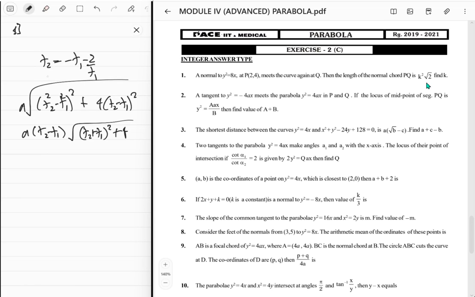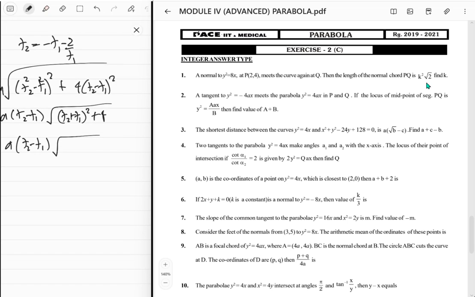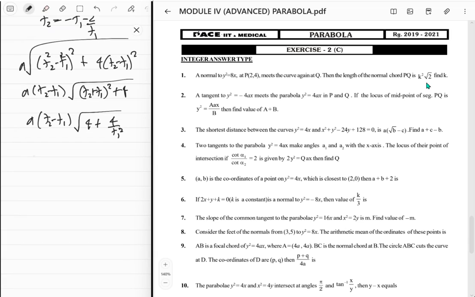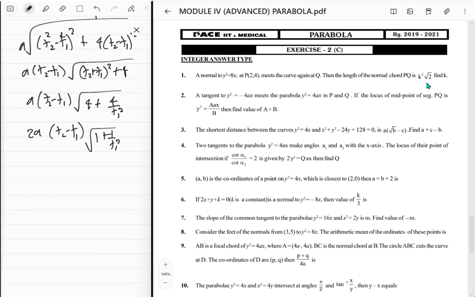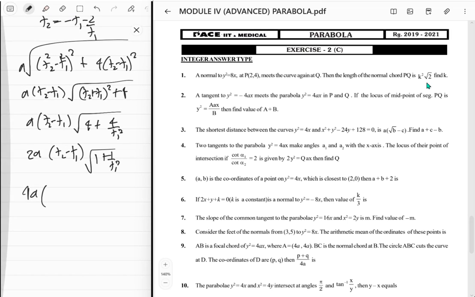Okay, so let's do it. What's T2 plus T1? It's going to be 2 minus 2 upon T1, right? So it's going to be 8 times T2 minus T1 square root of 4 plus, this thing is just minus 2 upon, so it's going to be 4 upon T1 squared, which is going to be like 2a times T2 minus T1 and square root of 1 plus 1 upon T1 squared. What is this going to be? It's got 4a, and then this is going to be